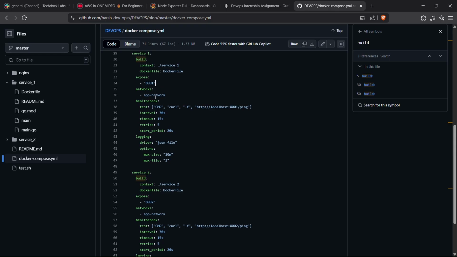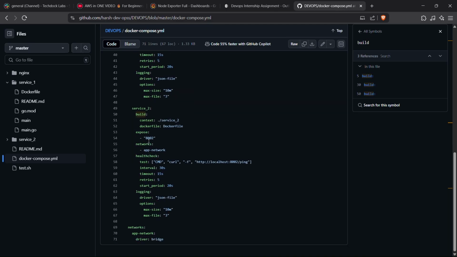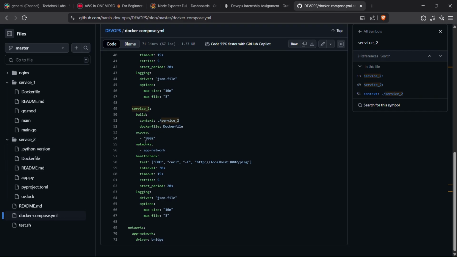Yeah, this is all about service one. Let's see service two, which is the same as service one, Dockerfile. It is at service two Dockerfile. This one is exposing port 8002, network app network. I have also added a health check in the test: localhost 8002/ping, which is showing the health check